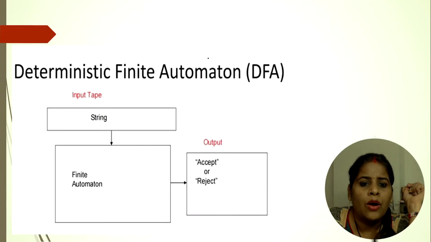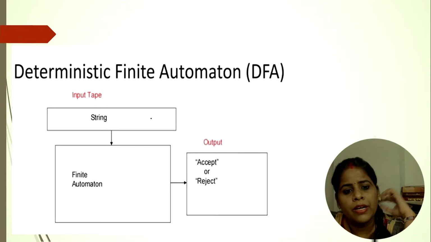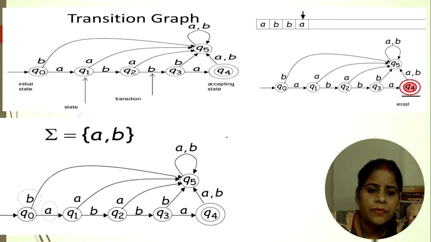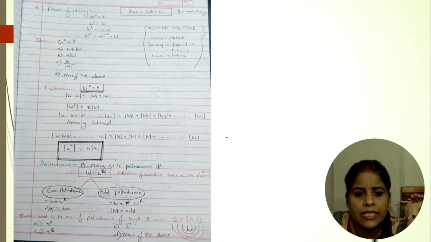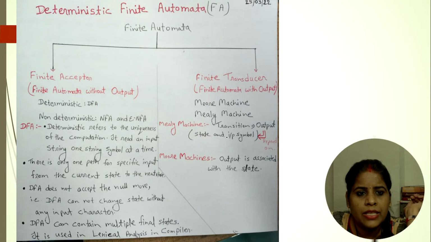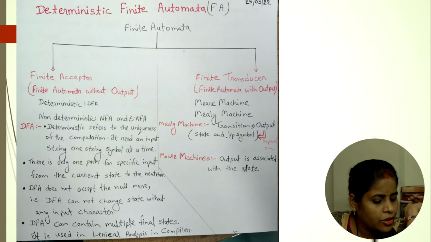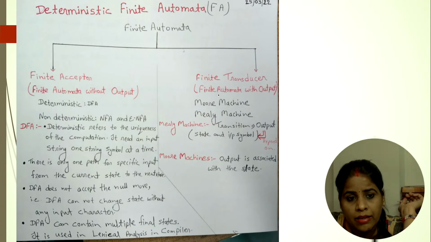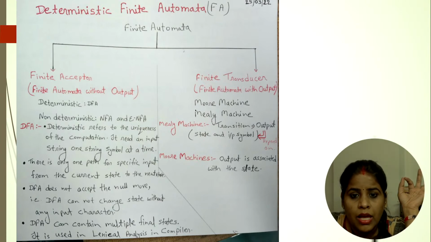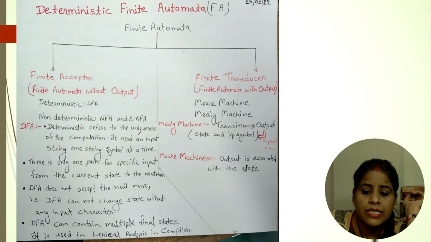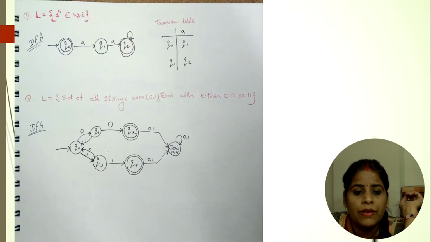How does finite automata work? A string, finite automata either accepts or rejects. Now these are transition graphs. Power of string, these are some things. Deterministic finite automata, finite acceptor, finite transducer. We have discussed the Mealy-Moore machine, and DFA, what DFA is, and today we will discuss